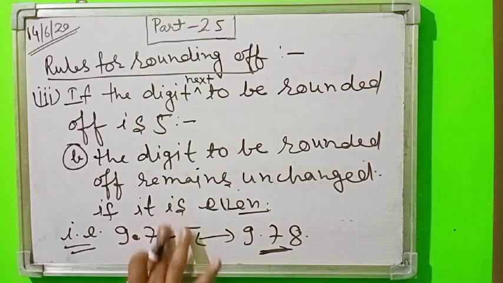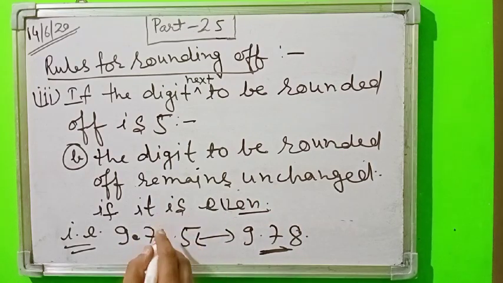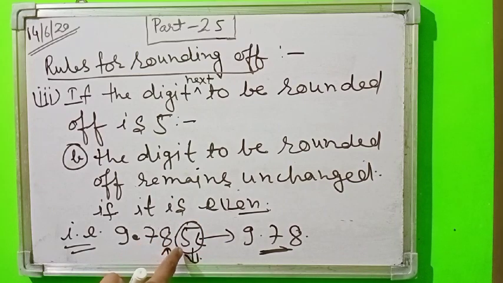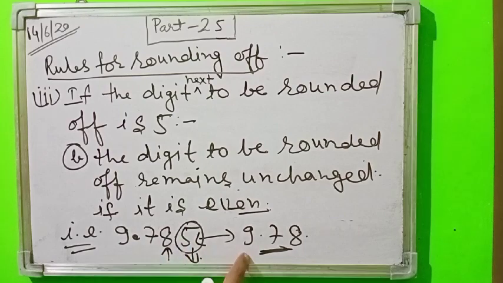Suppose it is 9.785. Since we have to round off up to 8, we have to drop the 5, which is exactly 5. Since the digit before the 5 is even, it remains unchanged and it will become 9.78. So I think these three rules are clear to you,